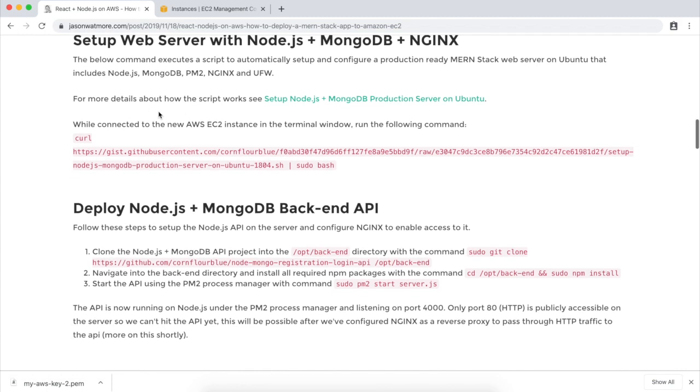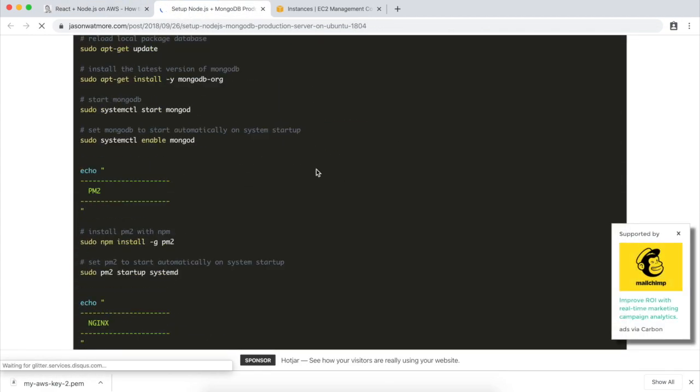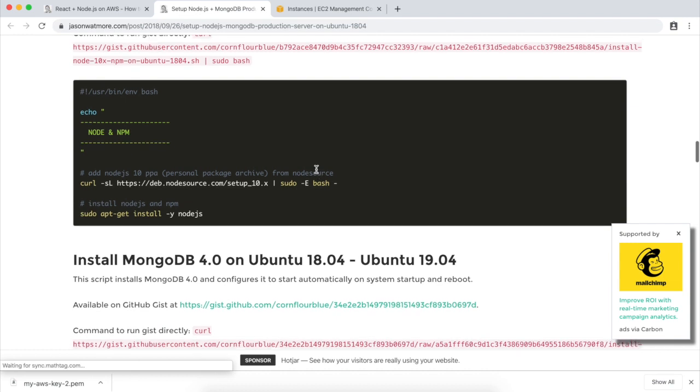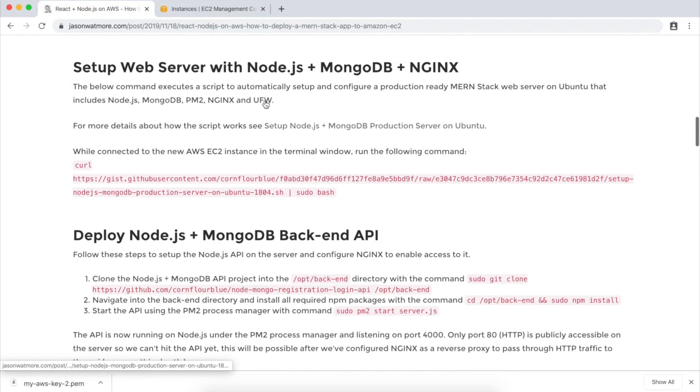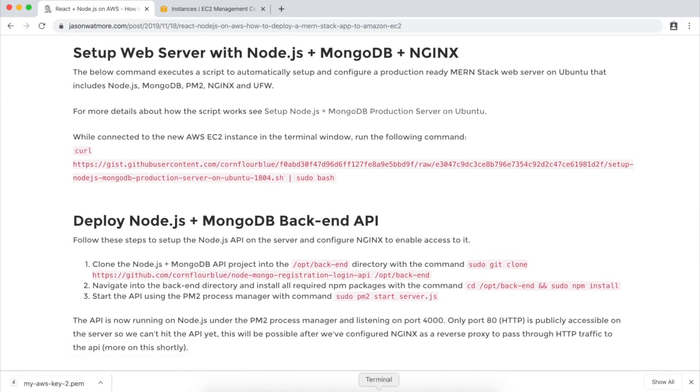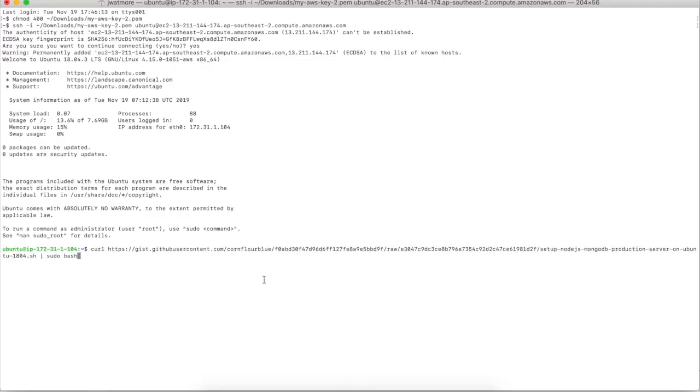All we'll be doing in this video is I've got the entire script for installing all of these things available as a gist on GitHub, which you can run using this line here. If you're interested in, as I said, knowing the details of it, you can just go to that post and check out the details and the descriptions and follow that there. But for now, let's go back to our terminal, enter the curl command,